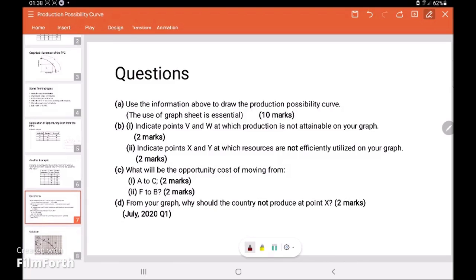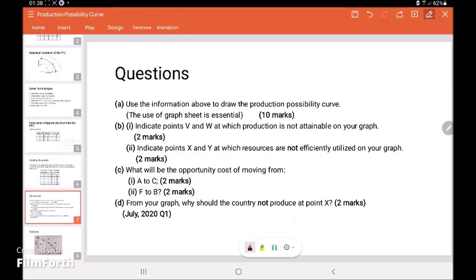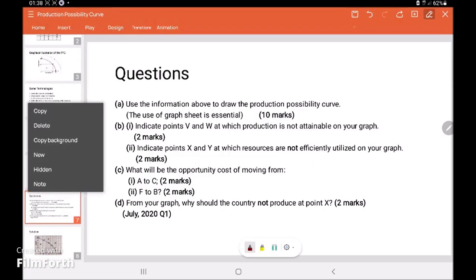It says that indicate points V and W at which production is not attainable on your graph. So if it's not attainable, it means it's beyond the curve, V and W. So you see here is V and here is W. It could have been anywhere. Once it is beyond the curve, it could have been anywhere. So please take note of that. So you have indicated it nicely on your graph. And the next question says that